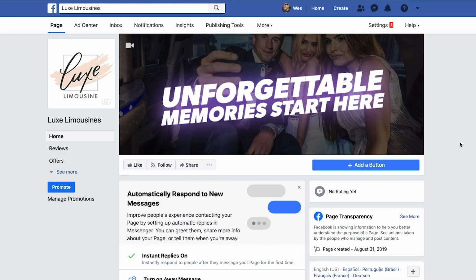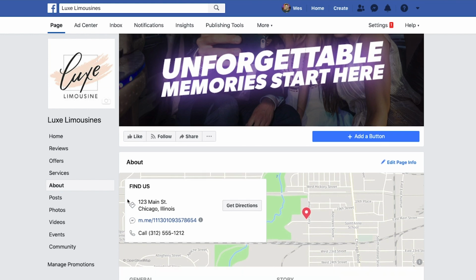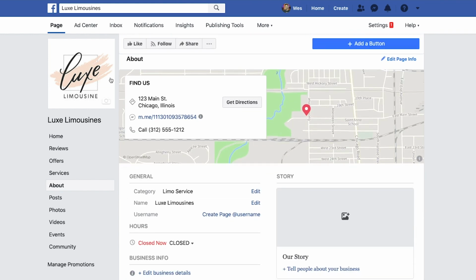And now we're going to tackle the About section. So go over to the left sidebar and we're going to look for the About section. So click on See More and then click on About. Okay, so the first thing we're going to do is create a vanity URL, because if you look up here,